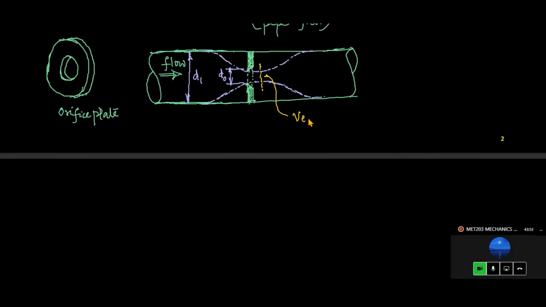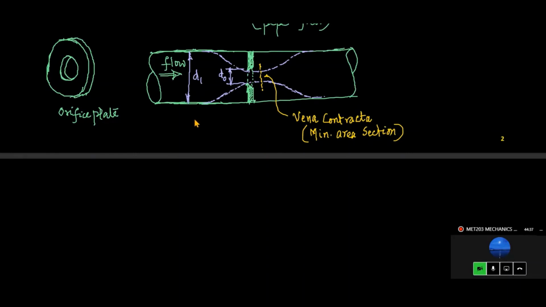So that is called vena contracta. That means the streamlines after passing through the orifice will converge to a minimum area of cross section, just in front of the plane of the orifice, and that minimum area section of the fluid jet coming out of the orifice is called vena contracta. Okay, so please understand that.